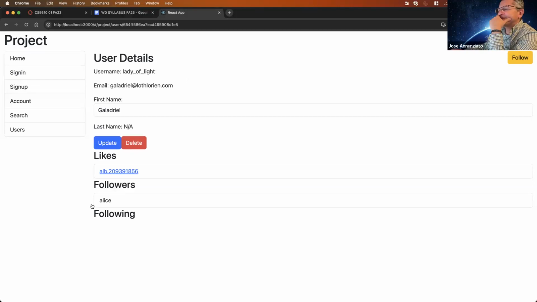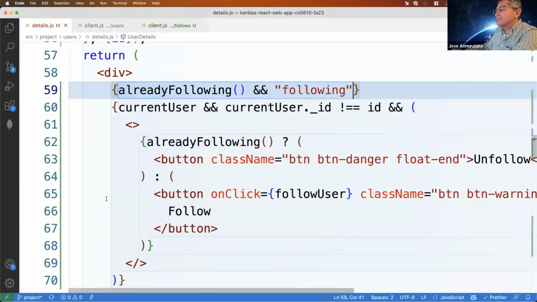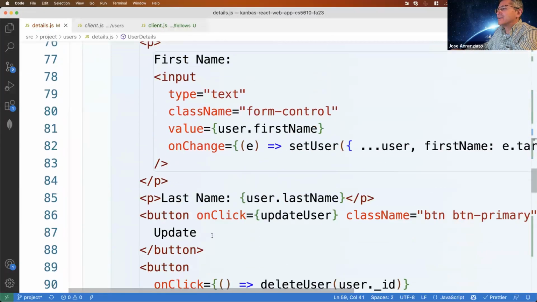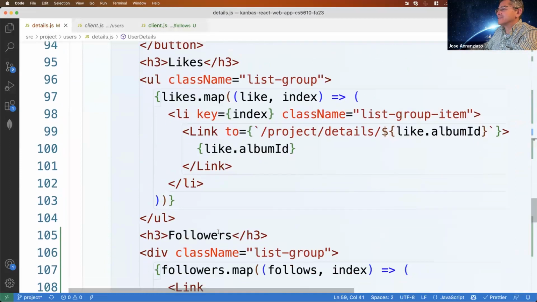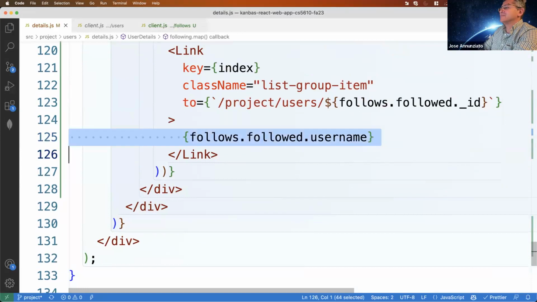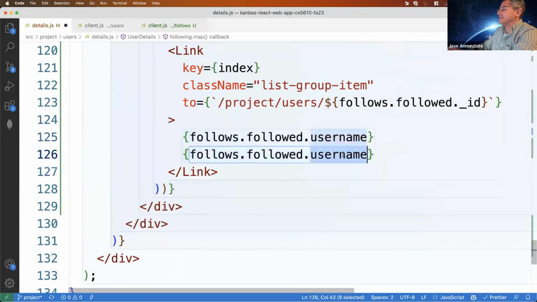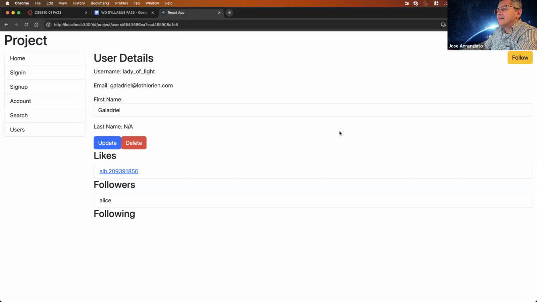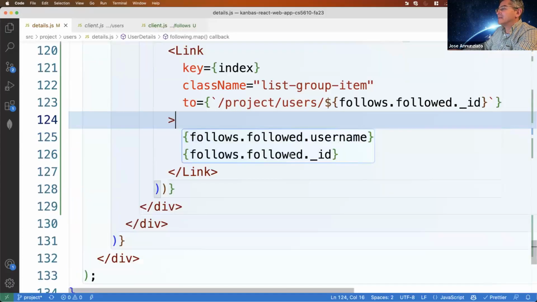And wait, I am ID. Let me show the ID here. Wait a minute. Let me render not only the username, let me render the ID, just to make sure I have the IDs correct. Let me render the username and also the ID of the following.